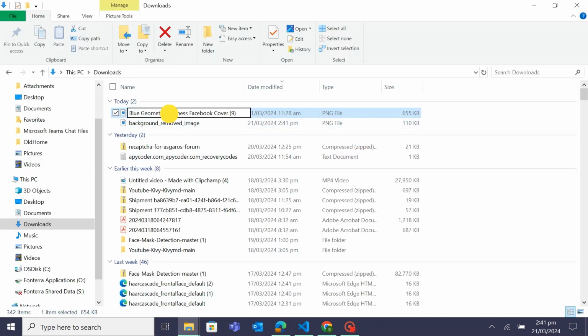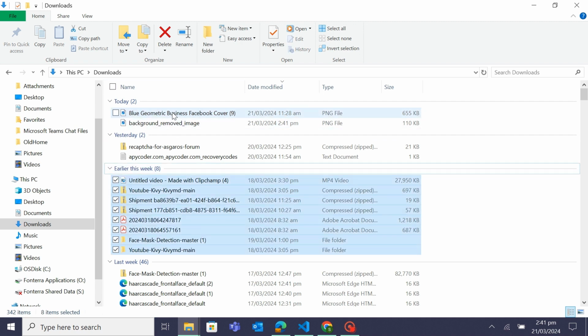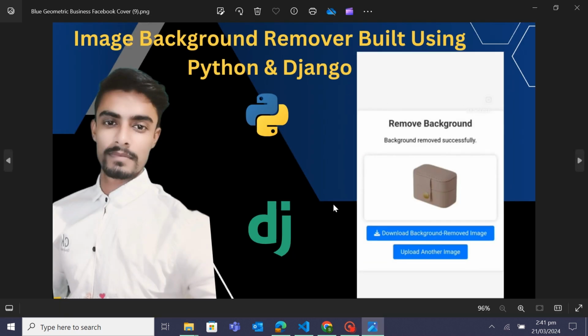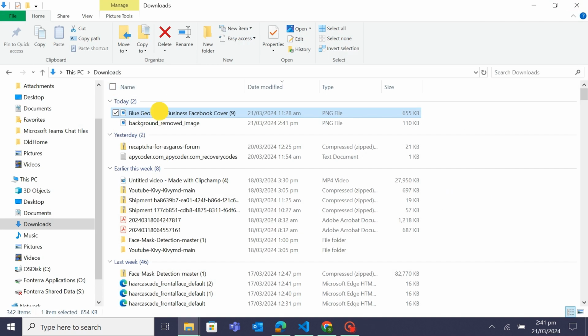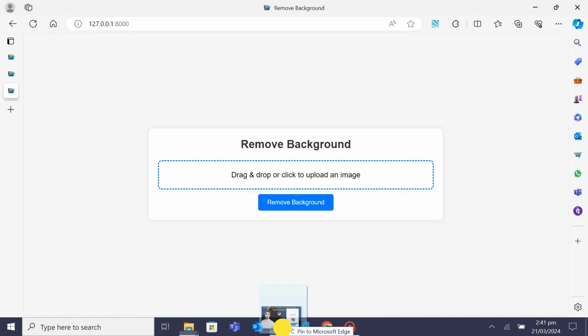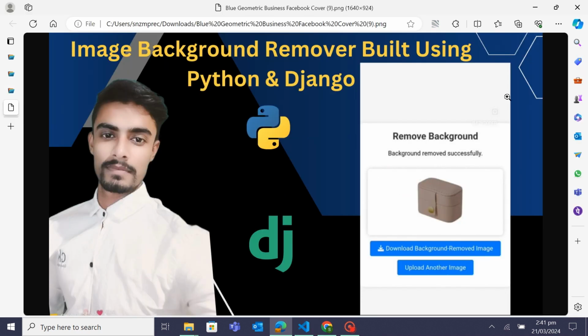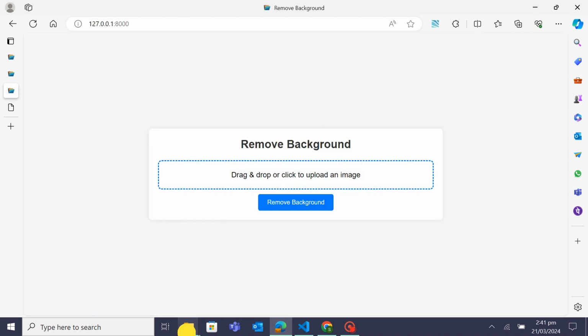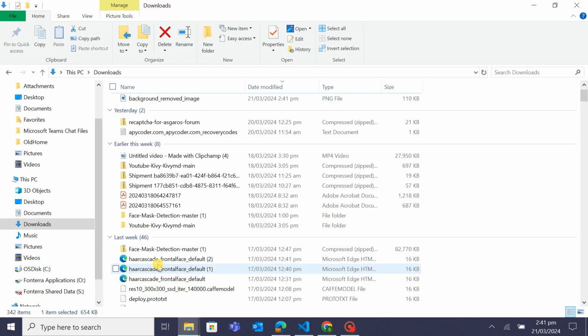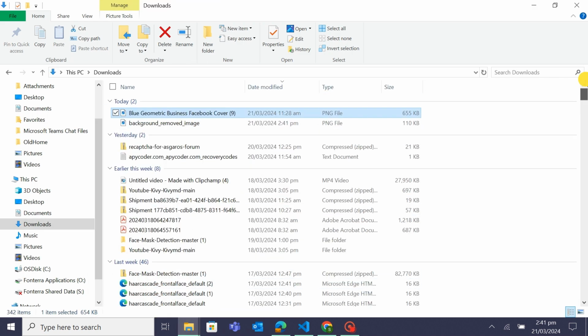In this showcase, you will see a user-friendly interface. Our application features an intuitive interface designed for ease of use. Users can simply upload their image and remove the background with just a few clicks. Efficient background removal: powered by the Remove.bg API, our application ensures quick and accurate background removal, saving users time and